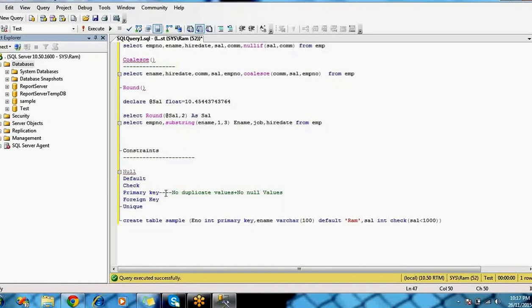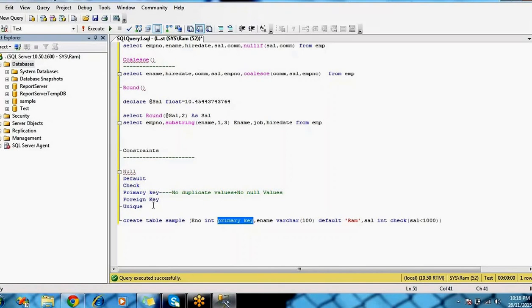It is not allowing even a single null value. And each table has only one primary key constraint. You can't create more than one primary key. Got it? So this is about the primary key.